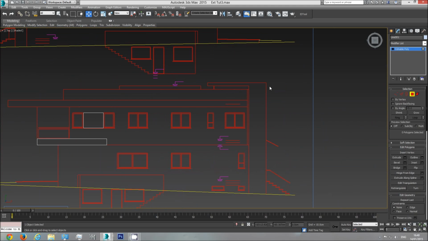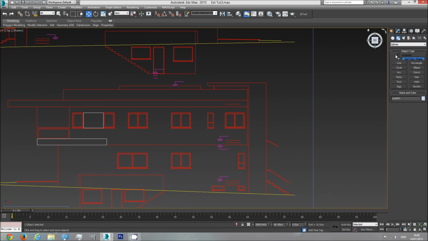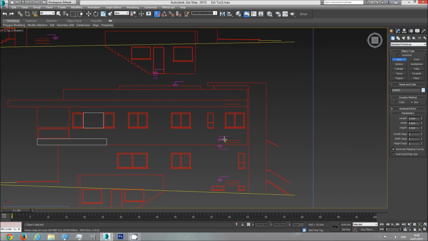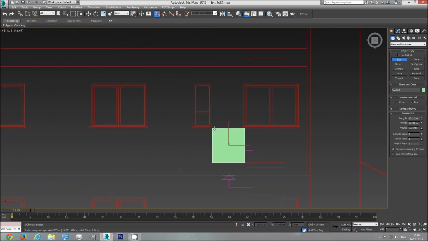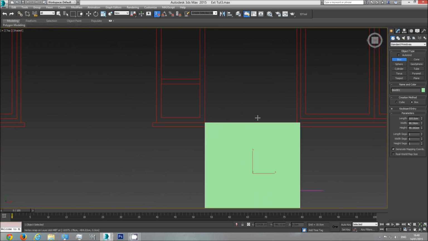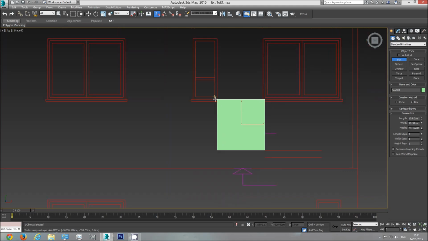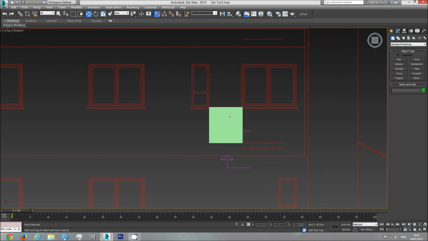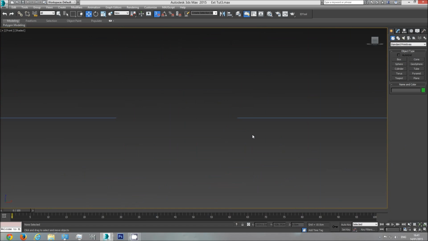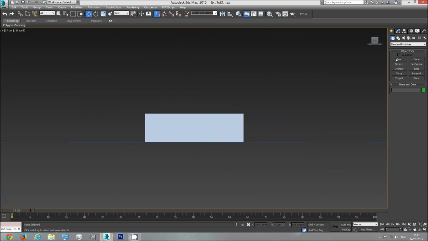So we're starting from the floor. We're going to create a helper box, using the snap toggle from this point, which is the floor, to the bottom part of our window. So the height of the bottom part of our window is 105 centimeters. The top part from the floor is 230. So 105, 230. I'm going to go to the front viewport and create one box, which is 105 height,